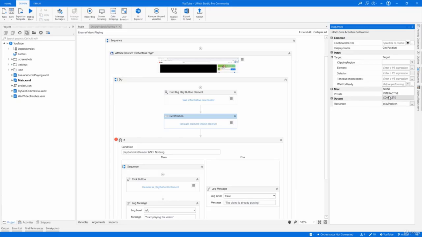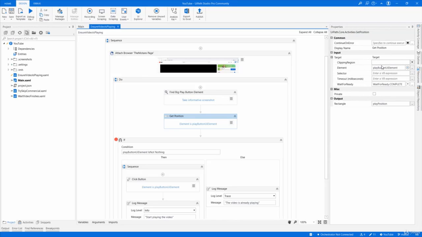Wait for ready, I'm gonna set to complete, and the element, I'm gonna say play button UI element. By the way, that's another reason you can use a UiPath element instead of the selectors, because you can refer to the same element from the multiple activities. So get position, I'm gonna put a breakpoint here